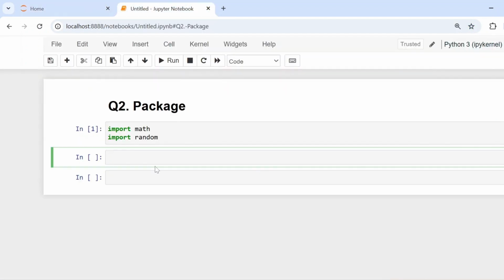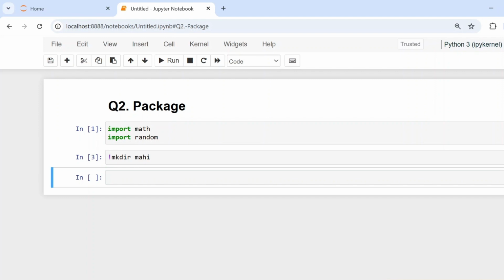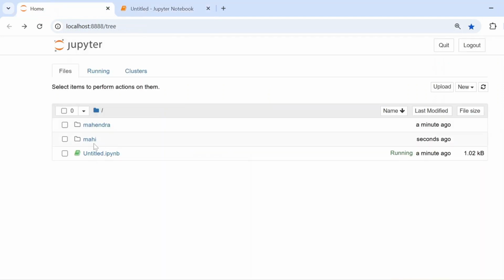Next, you can also use the shell. If you are working on the shell, you can directly use mkdir with whatever folder name you want to create. But this is the Jupyter Notebook interface, an ipynb notebook. So if you are working here, you have to write an exclamation symbol. By writing the exclamation symbol, or magic command, you are ensuring that you are working on the shell, right? Now if I create like this, you can see one more folder is created,